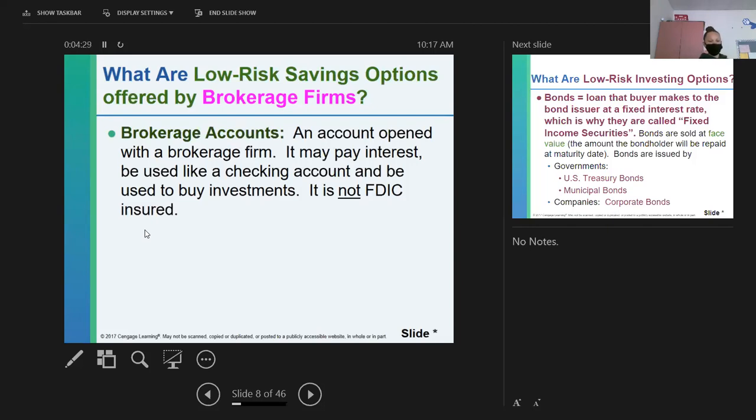So they take that money, they buy items, and then when money is earned, they put that money back into your account. Interest is not high on these, but it may be higher than your standard savings account at the bank. So they're not FDIC insured, but they are considered safe if you go with a well-known, reputable investment company. If you're putting this in a startup company, that's not then considered low risk.